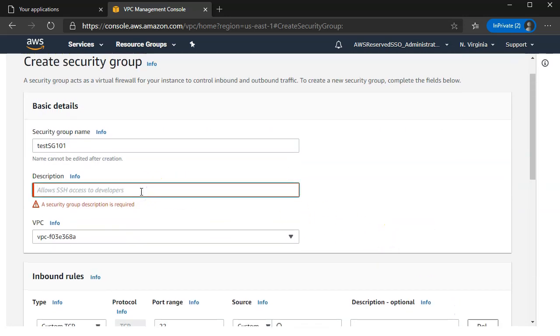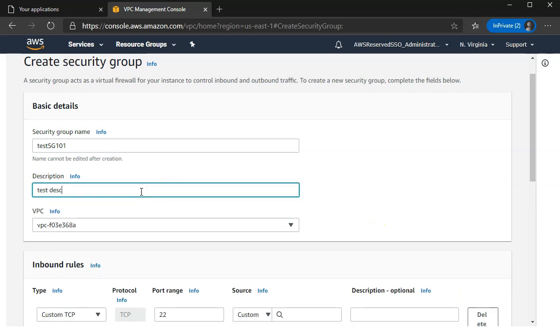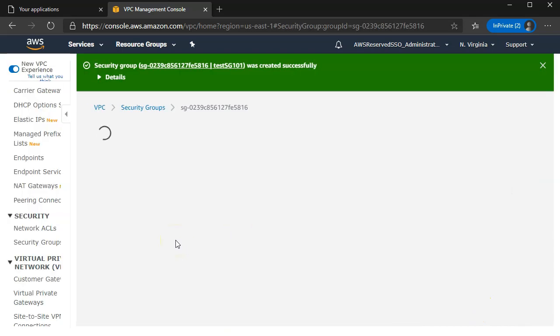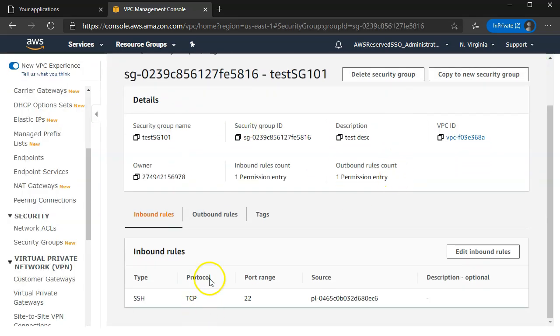Okay, it asks for name. So okay, all right, so this is done. As you can see, the prefix list ID is put here. Okay, now here is the thing. Now this particular security group, which is in a different account, is making use of the prefix list which has been shared from a different account altogether, right?